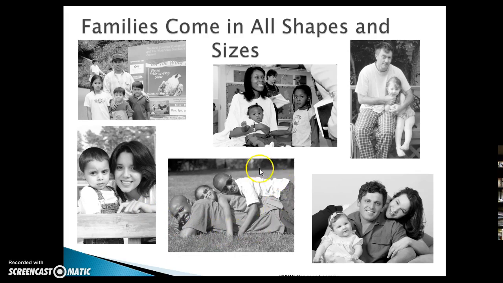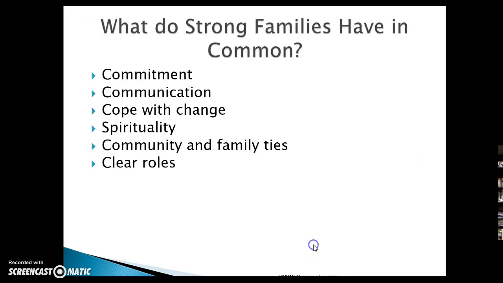You'll notice in this family at the bottom, we have a happy dad and 2 happy kids all stacked up in a dog pile. Here is what many consider your ideal or traditional family, but we know really there's no ideal or traditional anymore. Families come in all shapes and sizes, and so we want to think about that and consider that as we look at this chapter.